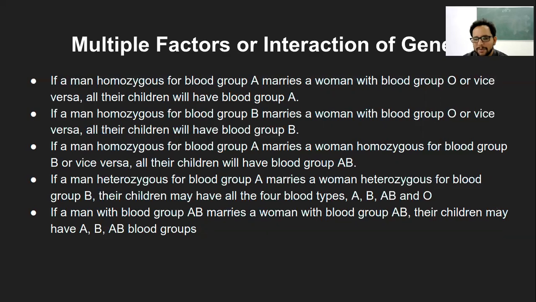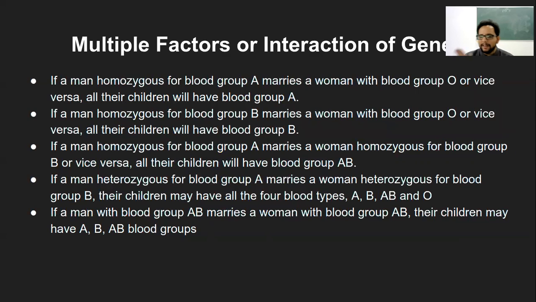So again, what you are assuming is that whenever A, B, and O are present as alleles in one particular individual, they are the only dictators of their expression. That is not the case. They have several other genes which play a role in their expression. Some genes in that individual will allow A to express only, or B to express only, or both to express and not allow O to express. So any of these possible combinations. It is not only that A, B, and O are the dictators of their own expression.